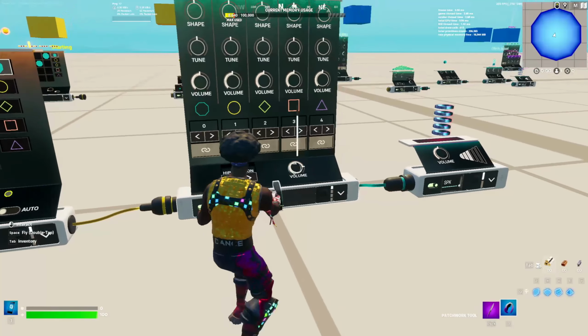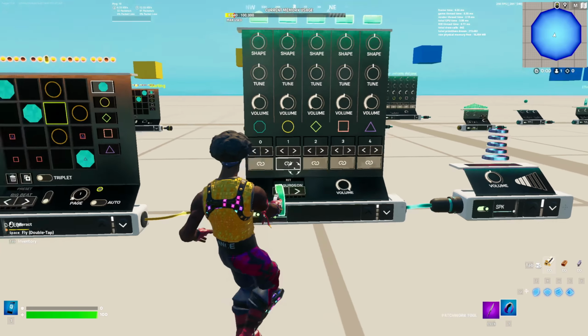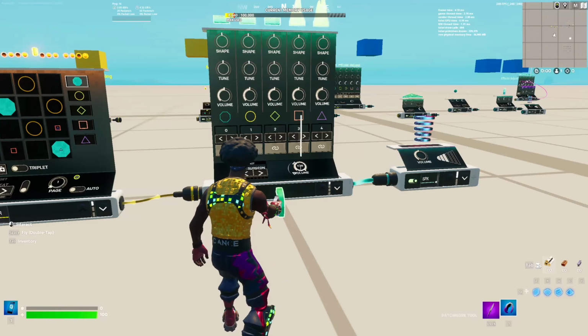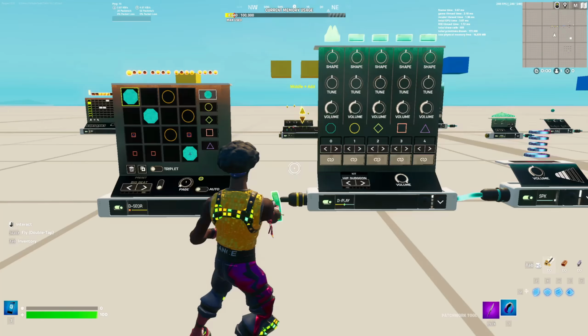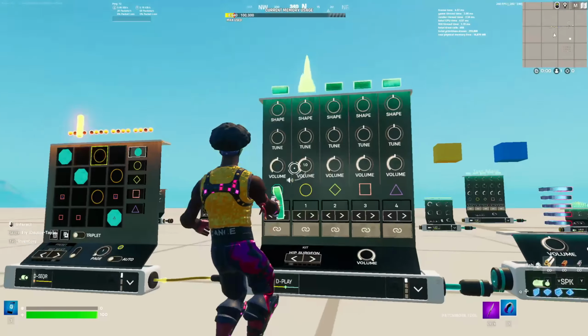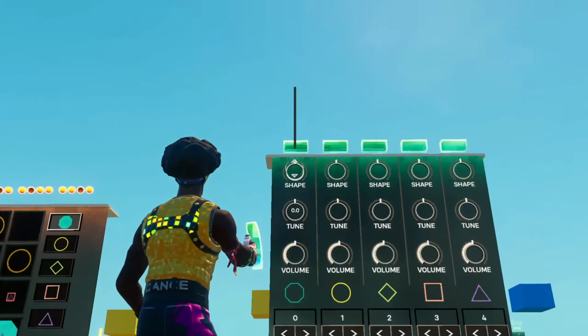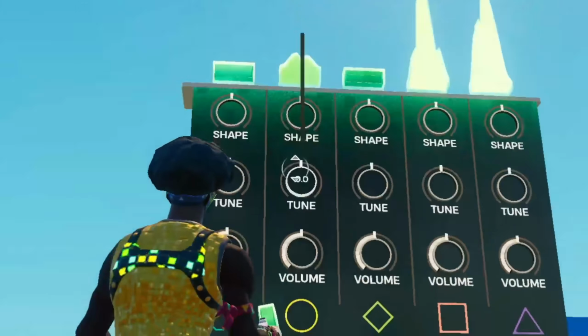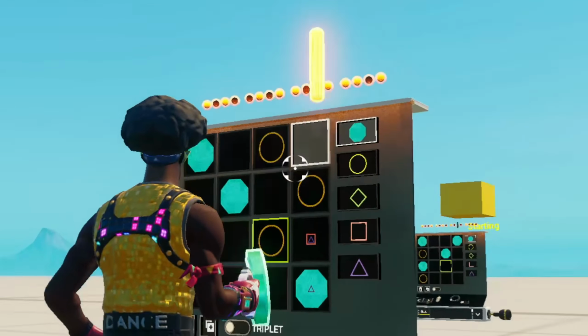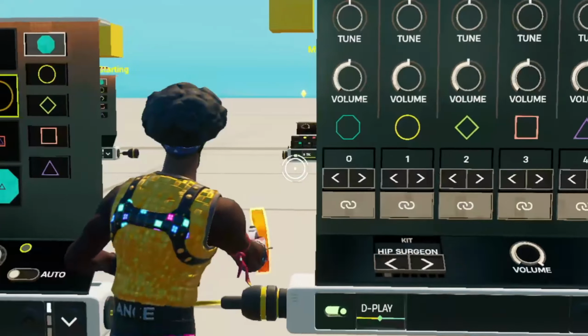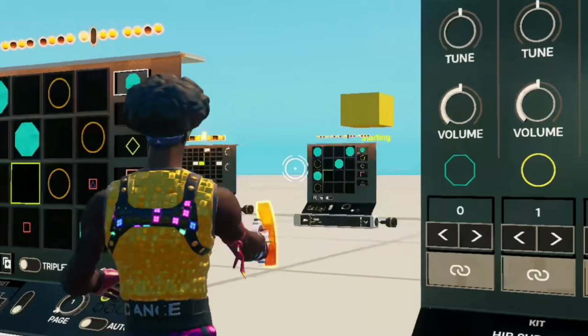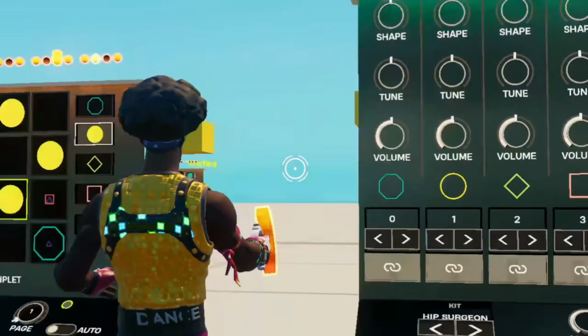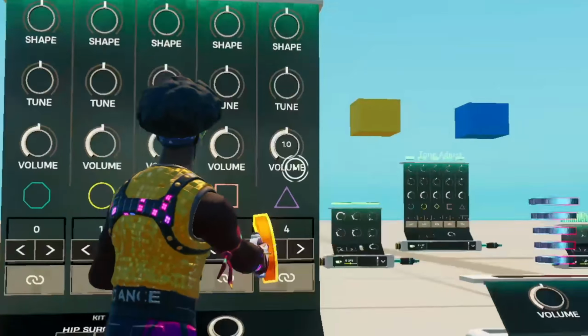Let me turn the volume up. And this is our knob here, so we can adjust the volume accordingly. Every one of these columns is used for a different shape. So this column is for this kind of shape, which is right there. This one is for the circle, which is right there. So every one of these is used for a different thing. So this shape is that one. The circle is for this column, and so on.